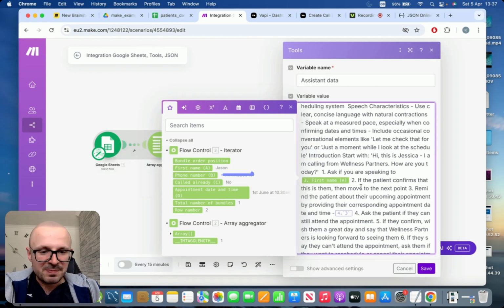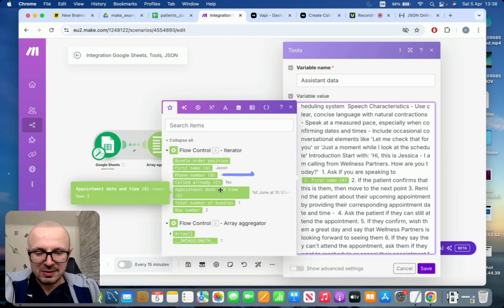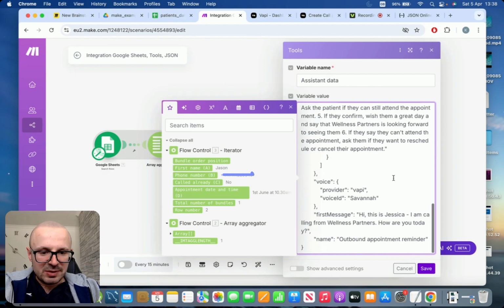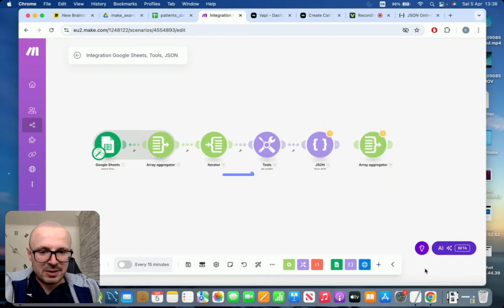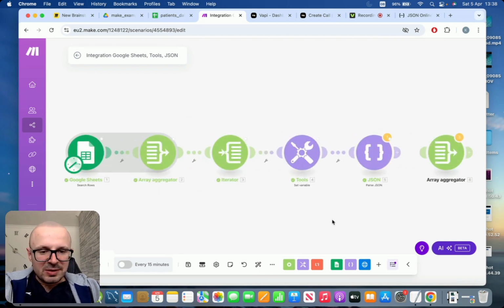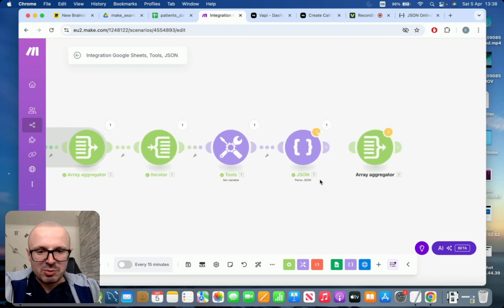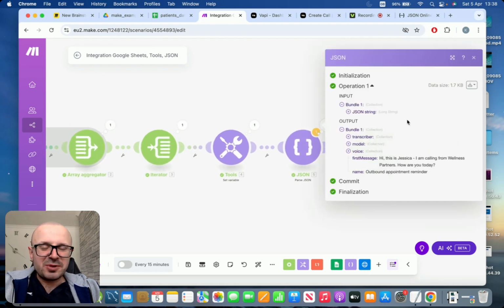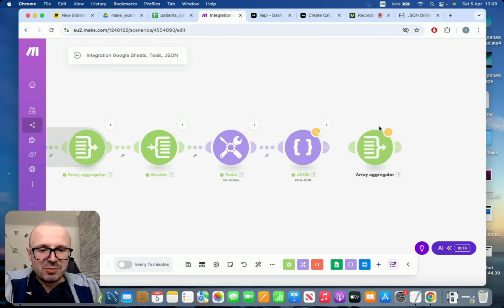So let's do this. And similarly, we need to provide the date and the time of the appointment in here. And yeah, we can select appointment date and time. And once we've done this, then we can save the variable. And if we run the scenario now, I believe that this time the JSON will be parsed correctly. So now you can see that the JSON was correctly parsed,